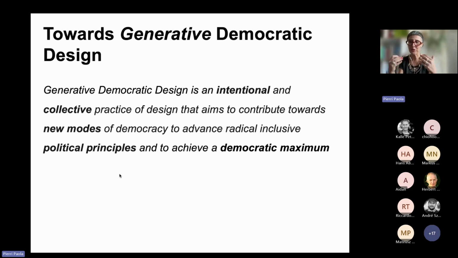So going beyond and on top of the democratic minimum, as SOWOT defines it, this maximum can be made of different qualities depending on what principles we decide to advance intentionally. So the role of these political principles becomes really central in my definition, because we can imagine democratic design being involved